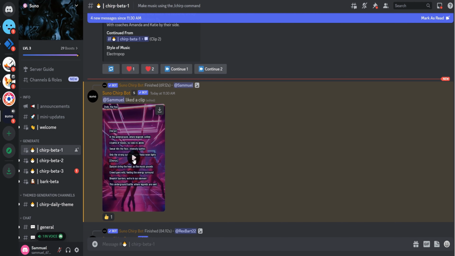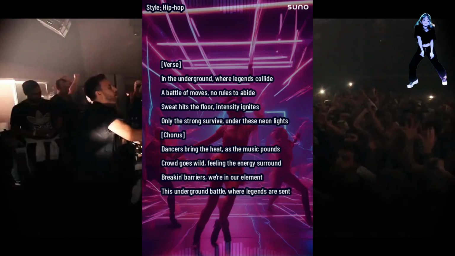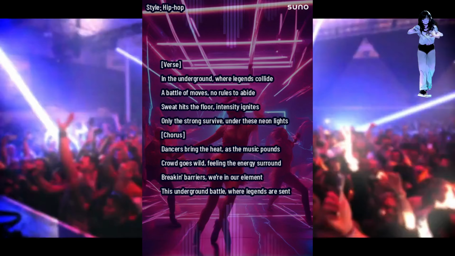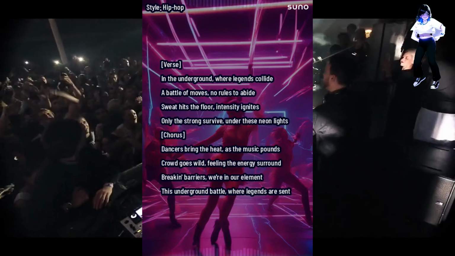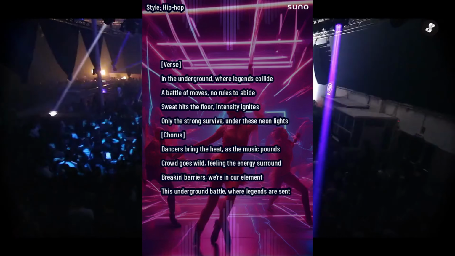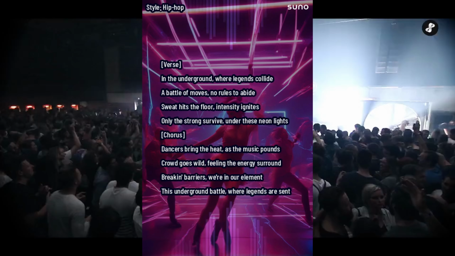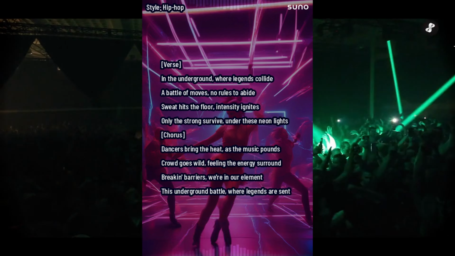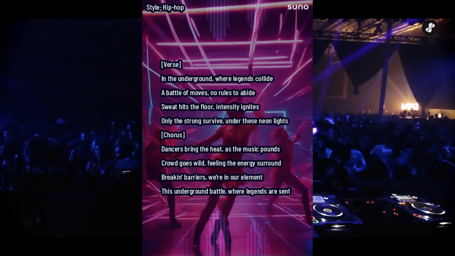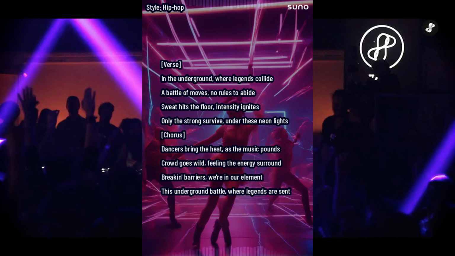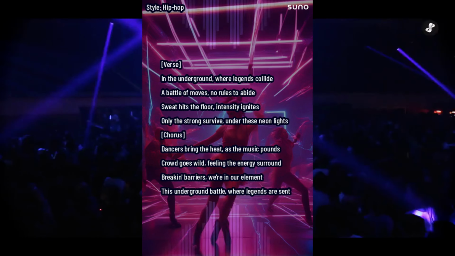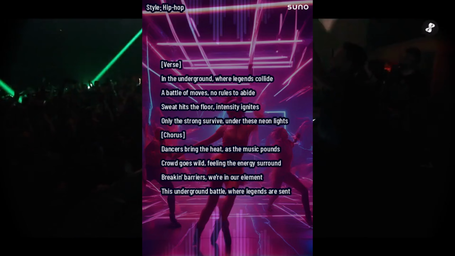In the underground where legends collide, a battle of moves, no rules to abide. Sweat hits the floor, intensity ignites. Only the strong survive under these neon lights. Dancers bring the heat as the music pounds. Crowd goes wild, feel it up, energy surround. Breaking barriers, we're in our element. This underground battle where legends ascend.